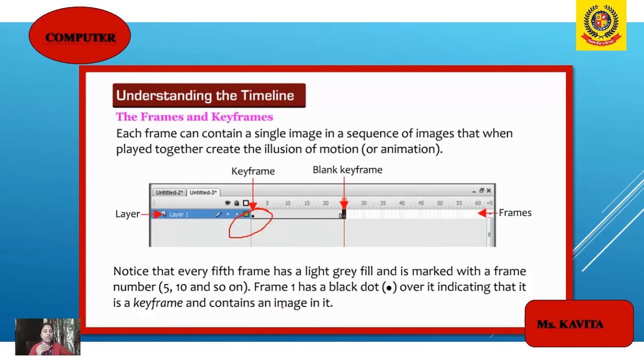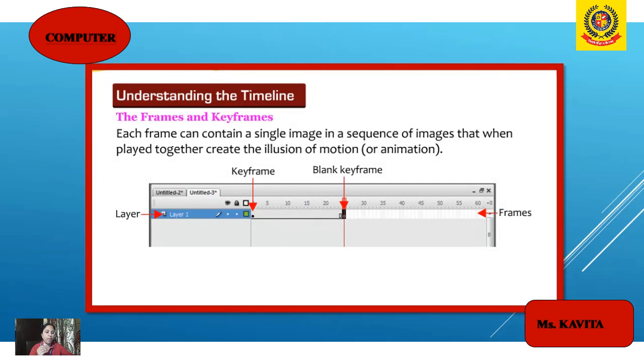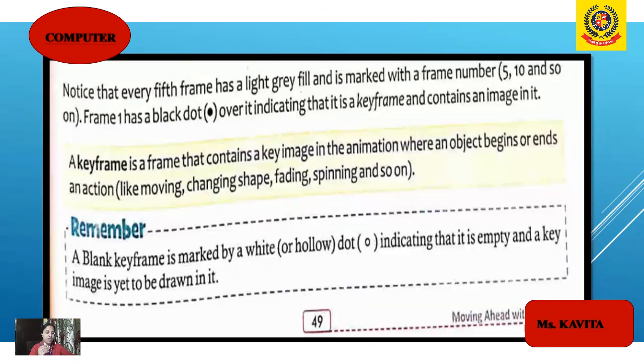Notice that every fifth frame has light gray fill and is marked with the frame number. A keyframe is a frame that contains a key image in the animation where an object begins or ends an action like moving, changing shape, fading or spinning.